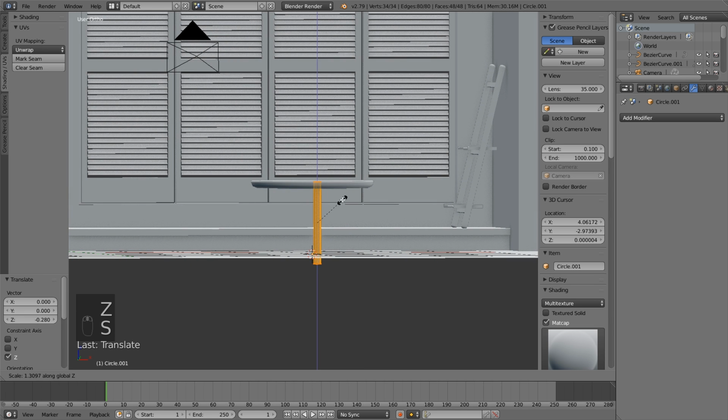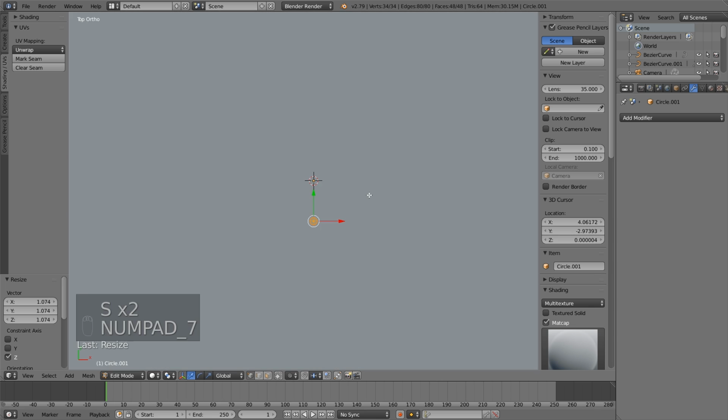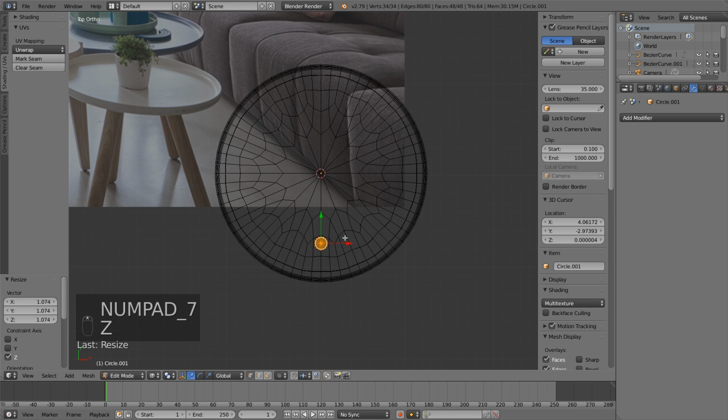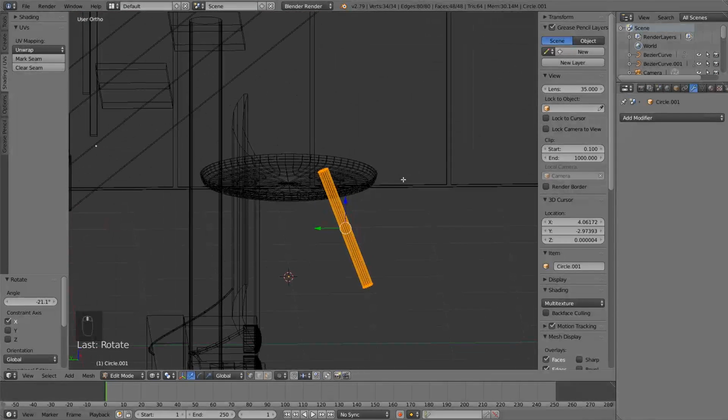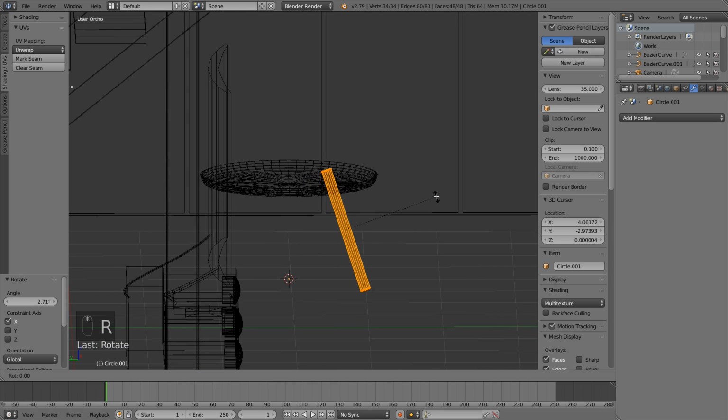All right, scale along the Z a little bit more. And it can always be scaled down more. So we're going to go a little bit more than we need and scale it down once we rotate them. Okay, so I'm going to go ahead now and do just that. I'm going to rotate them along the Y-axis or X-axis a bit to get the right amount of angle. Rotate along the X just so you have sort of a nice natural angle on that foot or arm or